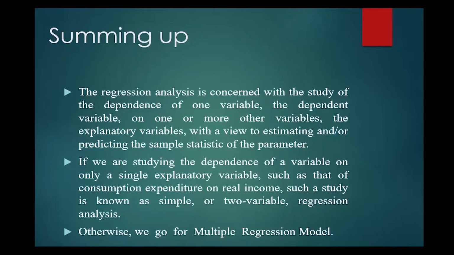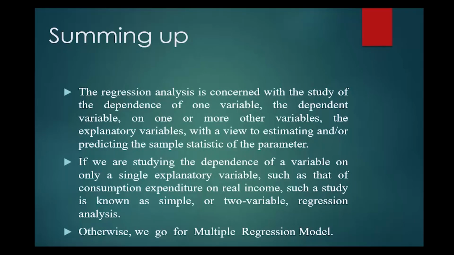In summing up, we can say that regression analysis is very important to consider a relation between a dependent and an independent variable, and in an econometric model there is relevance of an error term. Whenever the error term is included, we have to be careful about the satisfaction of the OLS assumptions, otherwise we cannot carry forward. Thereby we go for the estimation. For the estimation, we follow the method of ordinary least squares, where we sum up the errors and minimize them, and thereby using a particular derivation, we get the expressions of alpha hat and beta hat,